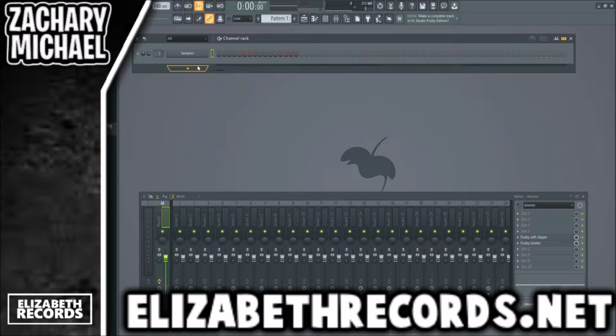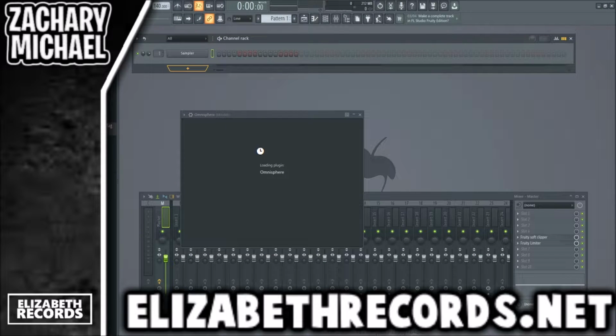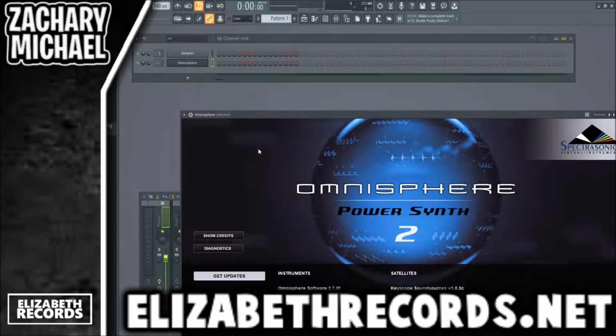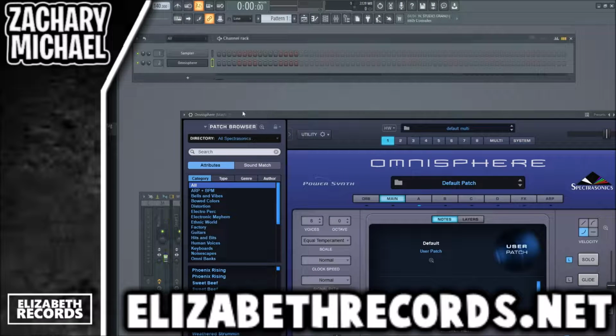It's TheZachMichael here. Today, we're going to be making an R&B melody loop using Output Portal. And we're going to be using presets from Portal that are actually in my banks available for purchase on my site, elizabethrecords.net. But even if you don't use those, there's tons of fire presets within Portal, and you can also